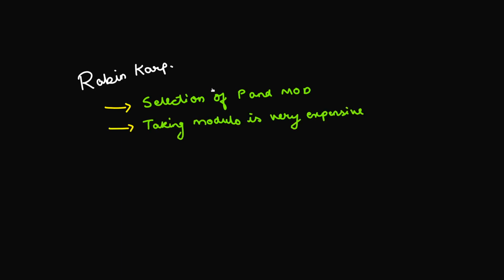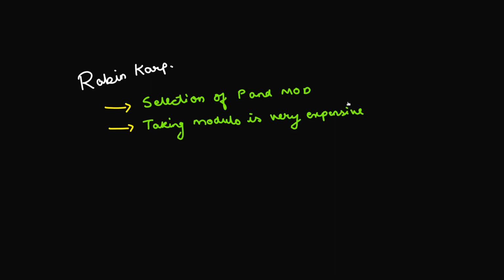Okay, the next thing is that taking modulo is a very expensive task. Taking modulo in C, C++, Java, you just have to use the modulo sign and you are done. But when you have to take modulo repeatedly, that becomes a very expensive, computationally heavy task. In Rabin-Karp, you have to take repetitive mods, and that can give TLEs as well, which is time limit exceeded. So we'll see what we can do in order to get rid of this.